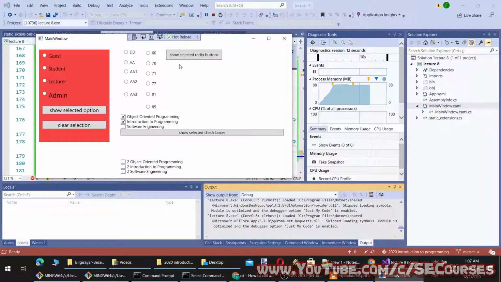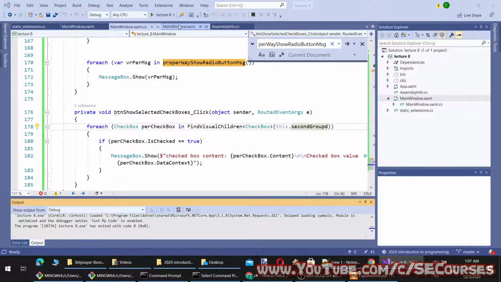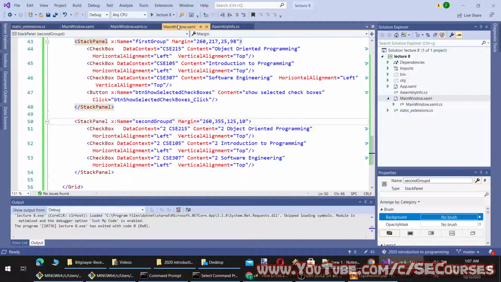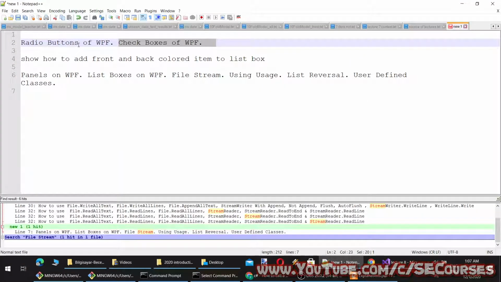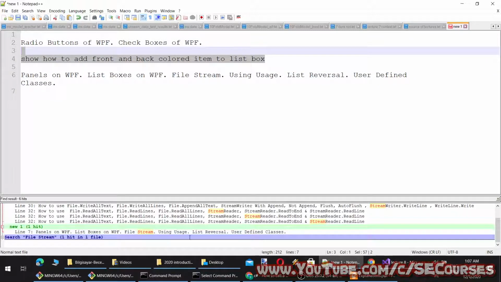Okay. So it is the same logic. Once you get the logic, the idea, you can do it as you wish. Okay. So we have shown radio buttons, checkboxes. And let's show list box and add a colored item to a list box.